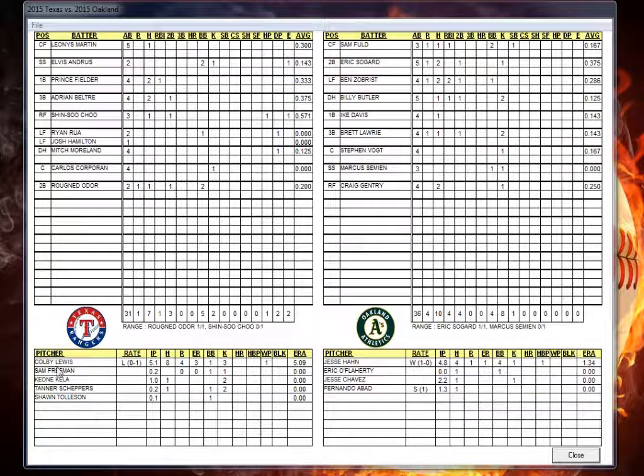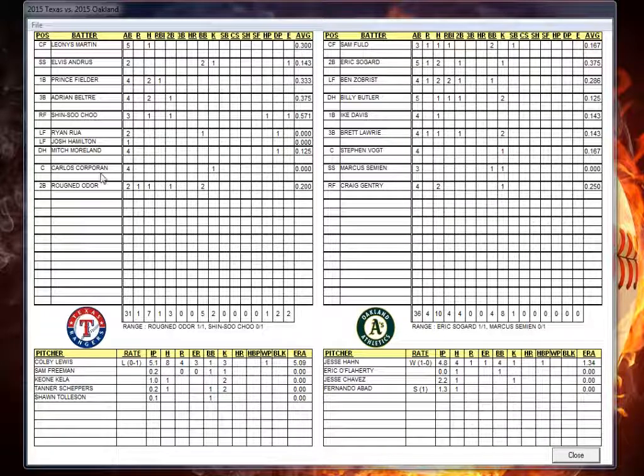So it was Lewis, then Keela came in, then Tomlinson came in, and then Felix came in, but he wasn't even in the list. So mostly what had happened in the regular game, and then for Oakland, it was Hahn, then O'Flaherty, then Chavez, then Abad, just like that.